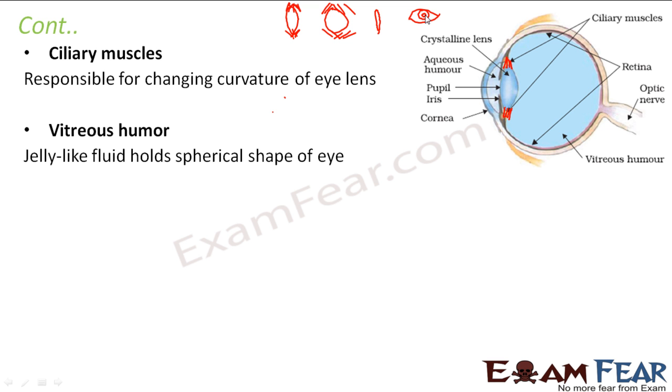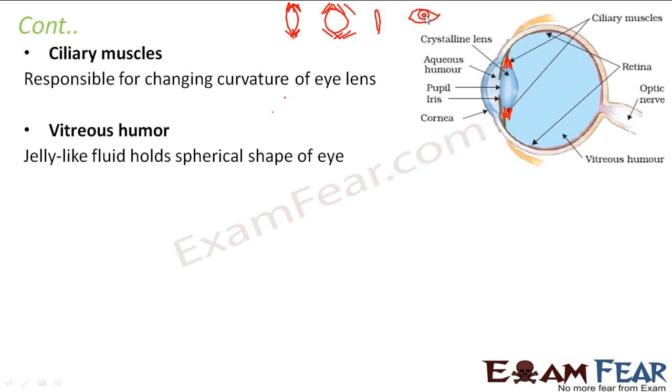So from the front view, we are only able to see the cornea, pupil, and iris. Behind that, the lens is not visible from the front view. Similarly, the retina is also not visible, and the vitreous humor is also not visible. But actually our eye is spherical in shape. It is like it is put inside a socket. So from the front we feel as if it is circular in shape, but actually it is a sphere put inside a socket kind of structure.